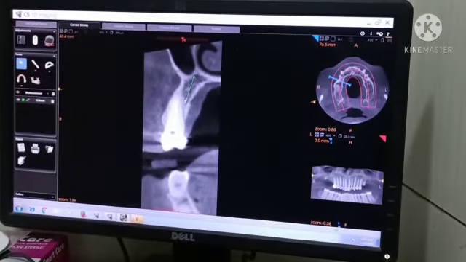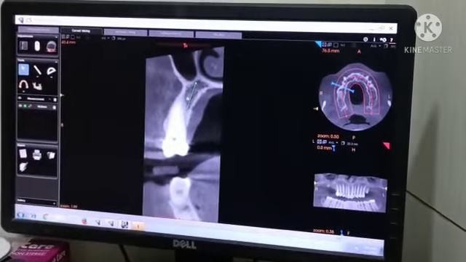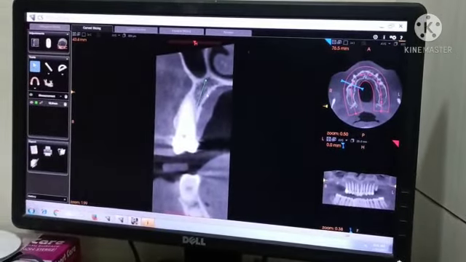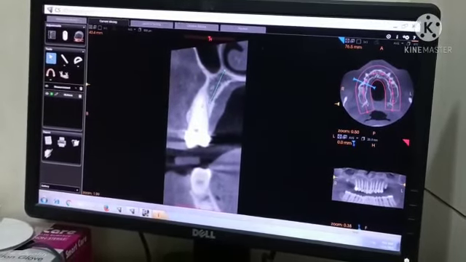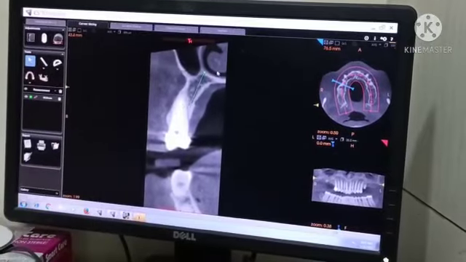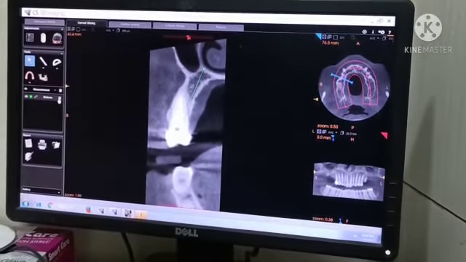But this bone is good. This socket wall is good. This socket wall is cortical, and compression we will get. Some compression stability will be there. You can use BCS also. If you are using BCS, then you have to get encouragement from the floor, either nasal floor or sinus floor.